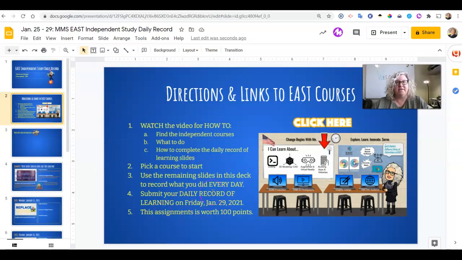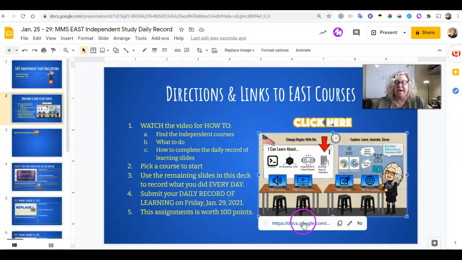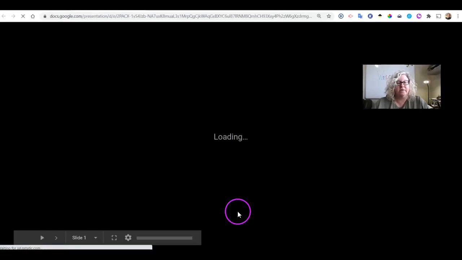So how do you get to the independent learning? Now this has been in Schoology. Some of you have actually kind of done a little bit of this, but now we're all going to do it together this week. So we're going to click on this slide right here where it says click here. So we're going to click there, and you're going to see that it says Google Docs, and you're going to click on that,